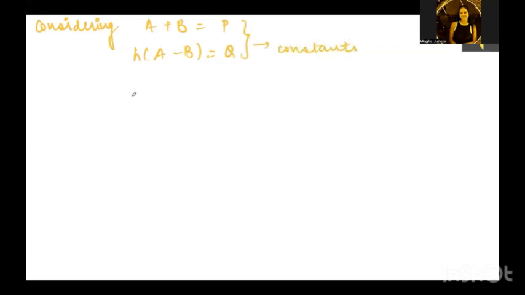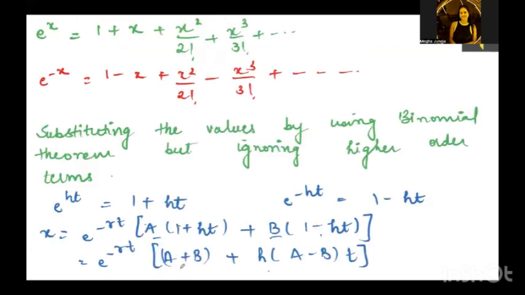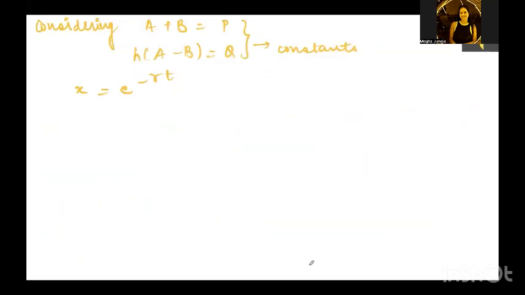OK, so now from here what we can say is that we have x equivalent to e raised to the power minus of RT. Now see the equation, A plus B plus H A minus B times T. So can we write it like this, that it will be equivalent to P plus Q into T? Can we write it like this? So from here what we can say that OK, this is going to be the value